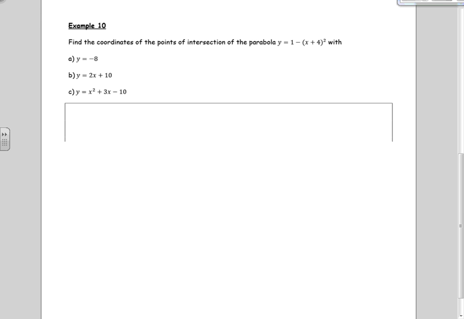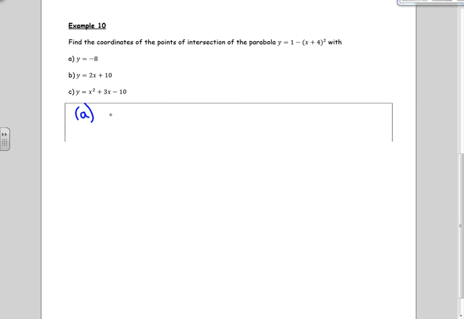C1, graphs and transformation of graphs, example 10. So here I need to find the points of intersection of the parabola y equals 1 minus (x plus 4) all squared with all of these three curves or lines or points. So that's a curve, that's a line, and that is a point. So for A,